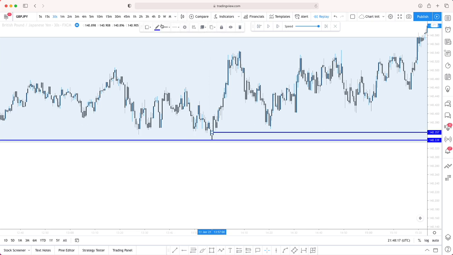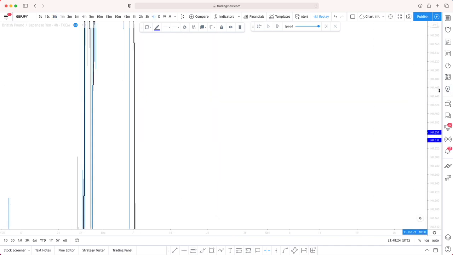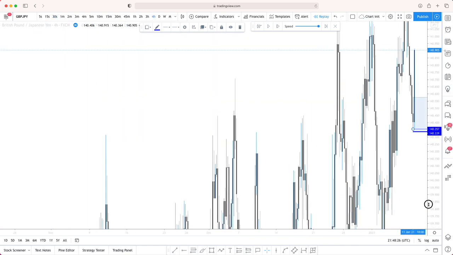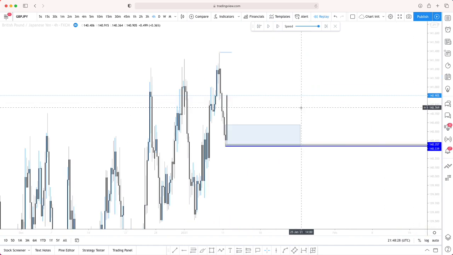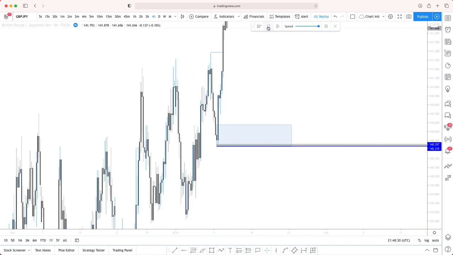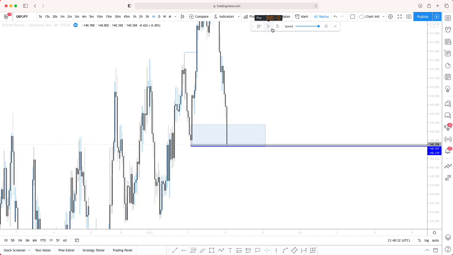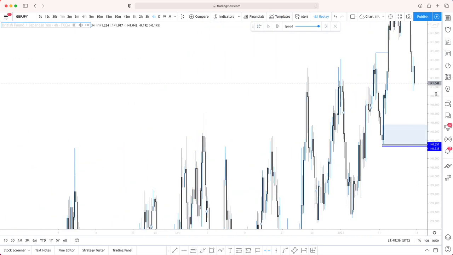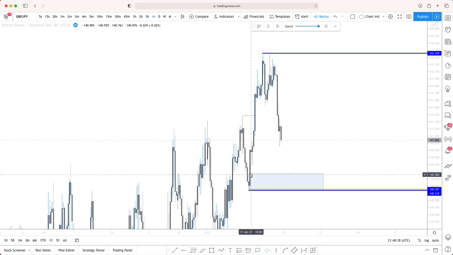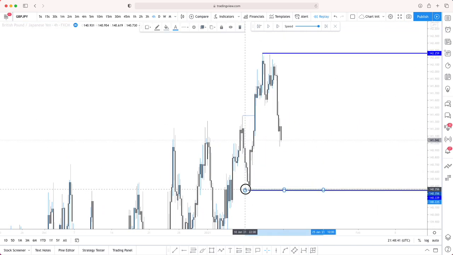So the high's already been marked. Let me make this a bit thin. You can now go back to the time frame that you were going to set the order for anyway. Let me go back to where price was at the moment of setting the order. Now that you've identified your refined OB to this point here,